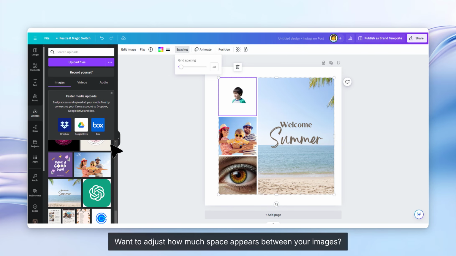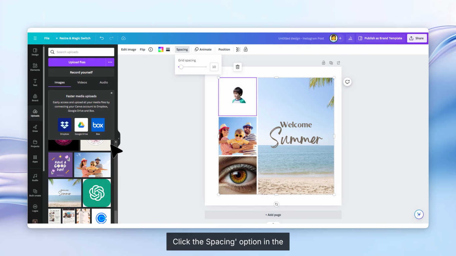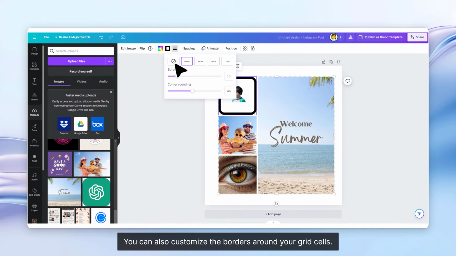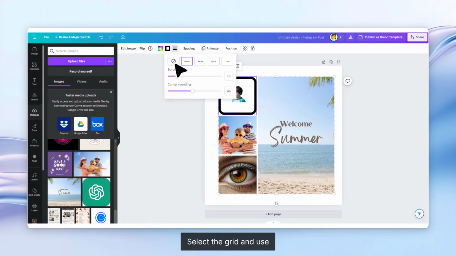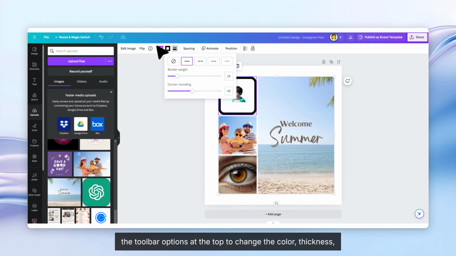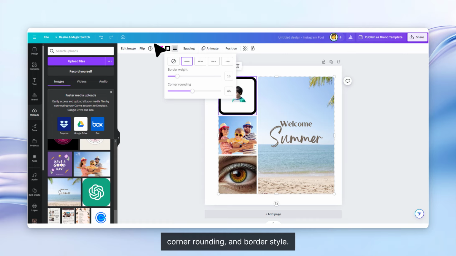Want to adjust how much space appears between your images? Click the spacing option in the toolbar above and use the slider to fine-tune the gaps. You can also customize the borders around your grid cells. Select the grid and use the toolbar options at the top to change the color, thickness, corner rounding, and border